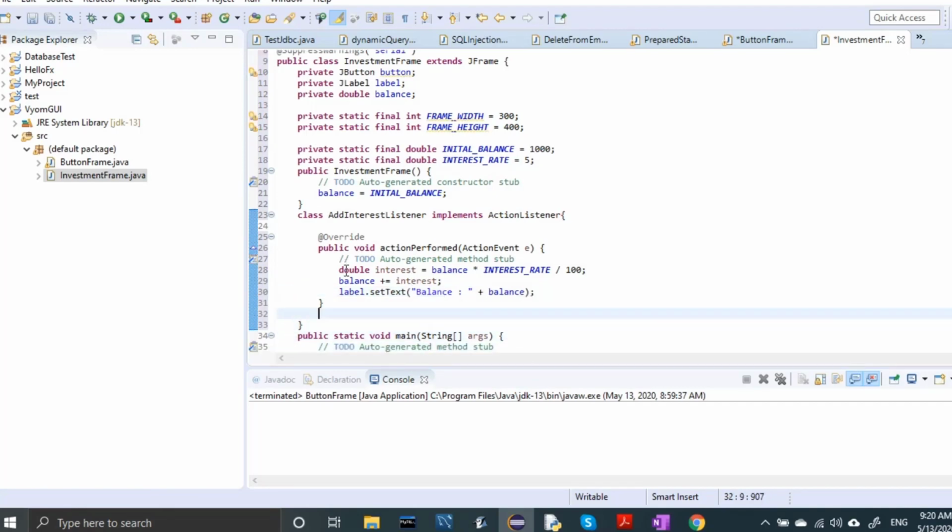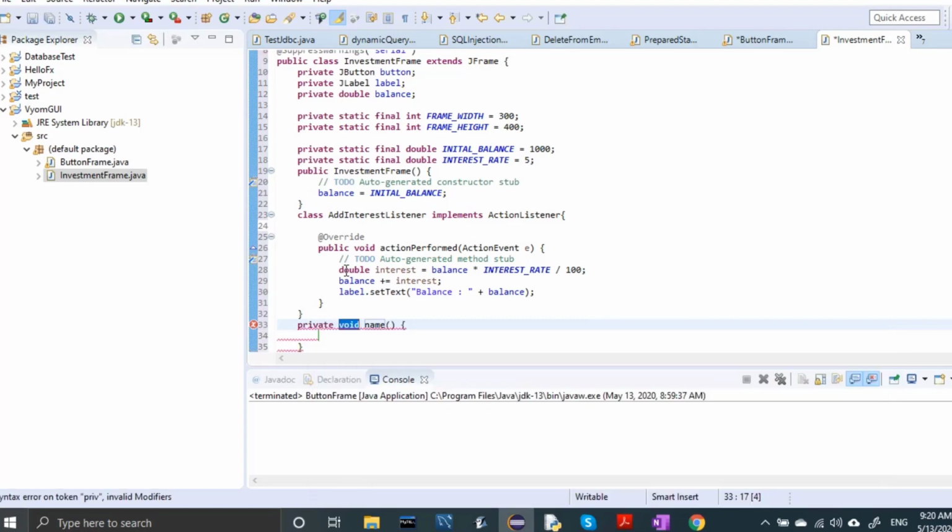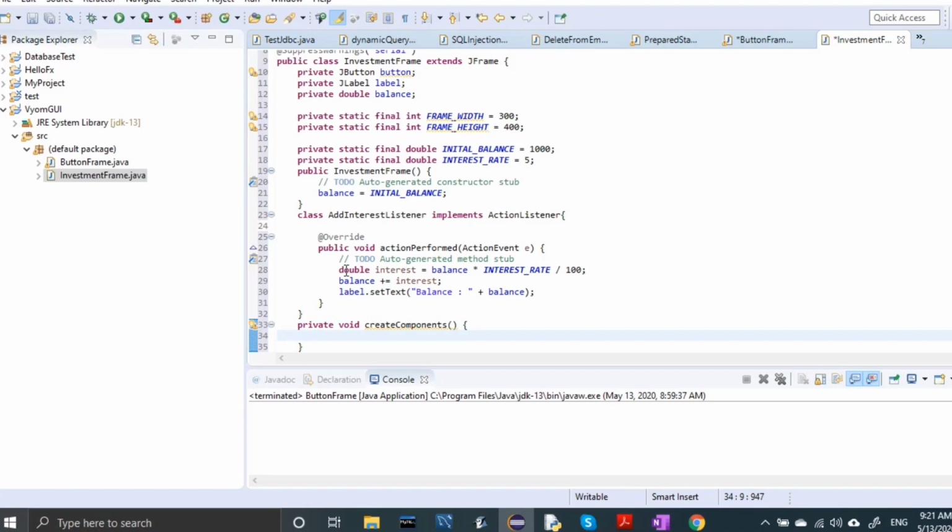After this, you can create a function, private void createComponents, where button equal to new JButton, semicolon, and here we can write AddInterest.